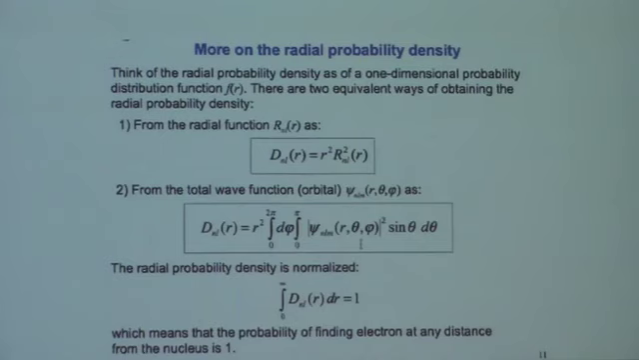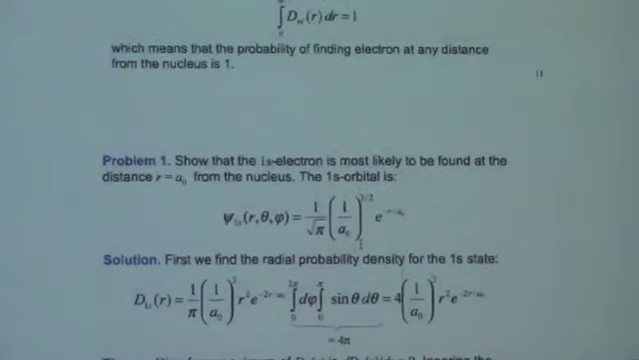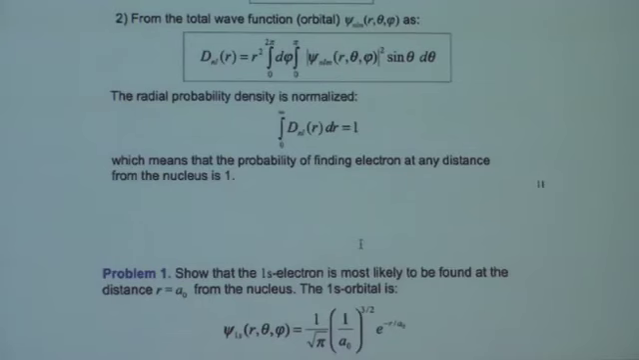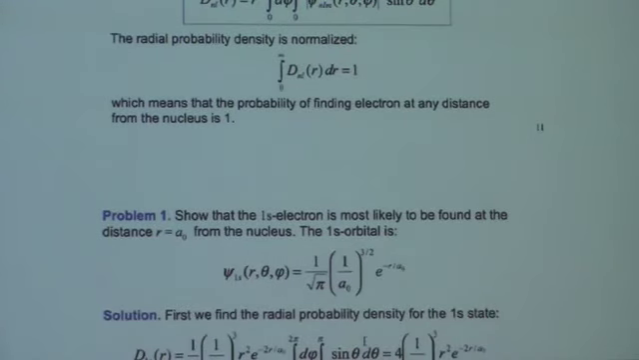we have this already, they integrated, and now let's consider this problem. Show that the 1s electron is most likely to be found at a distance which is equal to the Bohr radius from the nucleus, and the 1s orbital is given. Okay, so